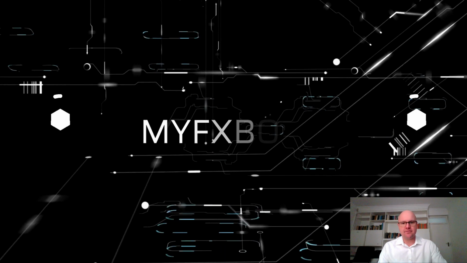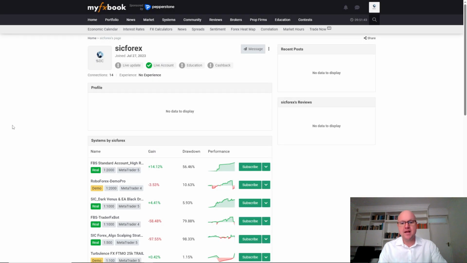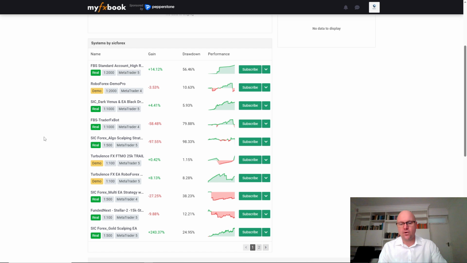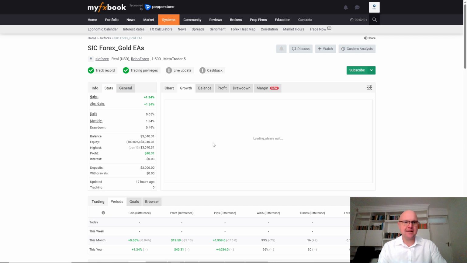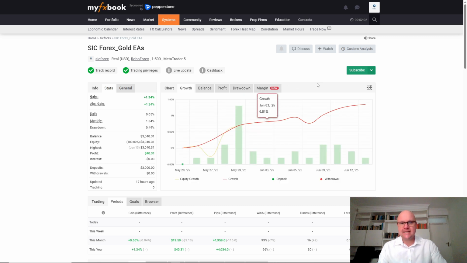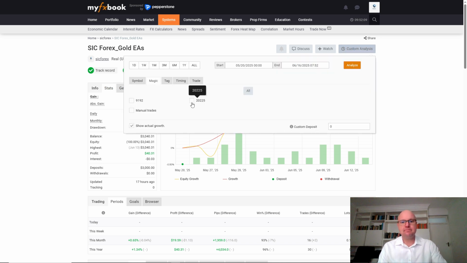So if we head over to Myfxbook, we can take a look at the SIC Forex profile. And for this specific trading account, you'll need to scroll to the second page. So these are some of the older accounts that I've been trading, and then the second page features some of the newer ones. Now this one is running on the gold EA accounts, so you can find it under that list. Then once you've selected the account, head over to Custom Analysis and select 20225, which is the magic number for